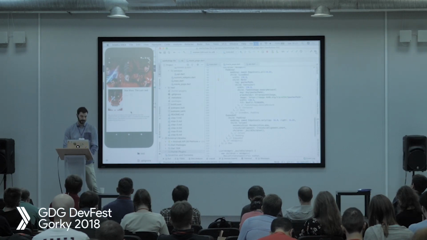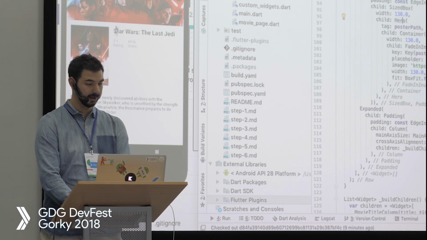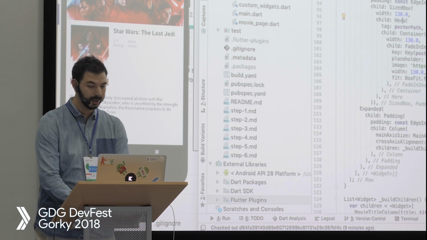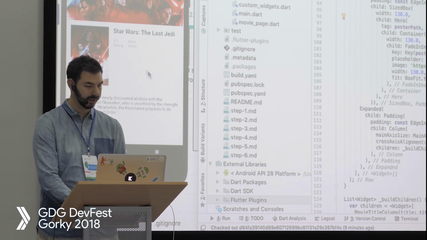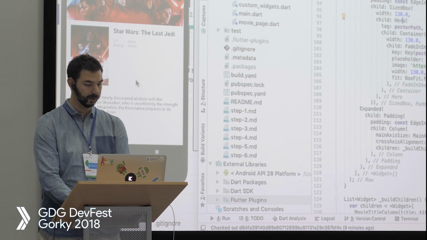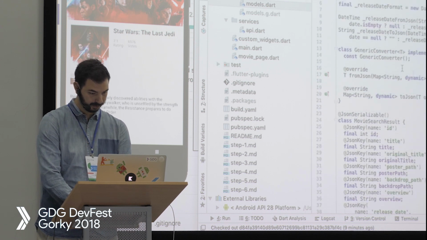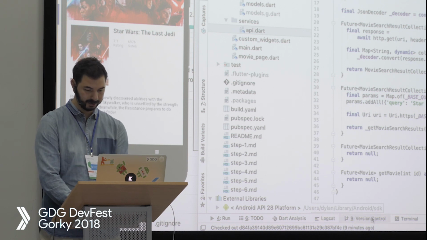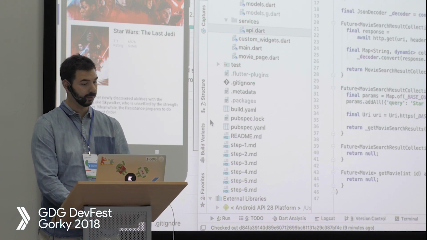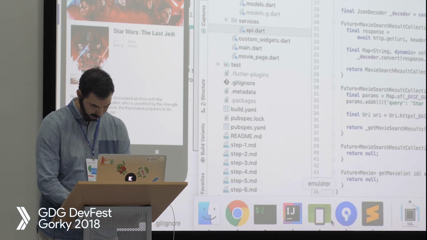So basically we got the movie page with limited data. Now we want to have additional data like the movie reviews, maybe the genres, what this movie is part of. So we have to implement a new API call which will retrieve the additional movie data. And then we want to progressively load that in this screen. So if we go to the next step,